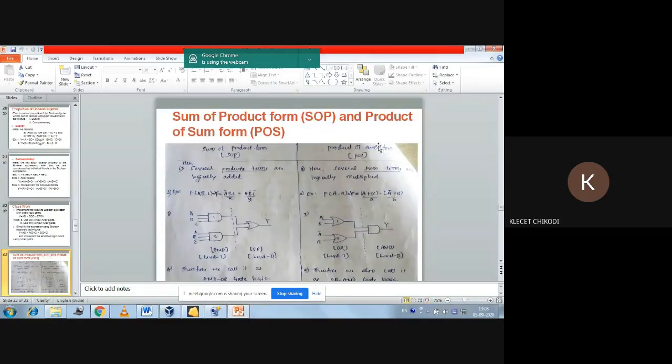Till now whatever the logical expressions you have seen or whatever the logical expressions you have solved, all those expressions have terms like A, B, C, D, E, F, G, H. So A, B and B, C, D and E, F, G, H in the previous example only. So those individual terms are called sum of product terms. Okay, those individual terms are called sum of product terms, that is SOP terms.